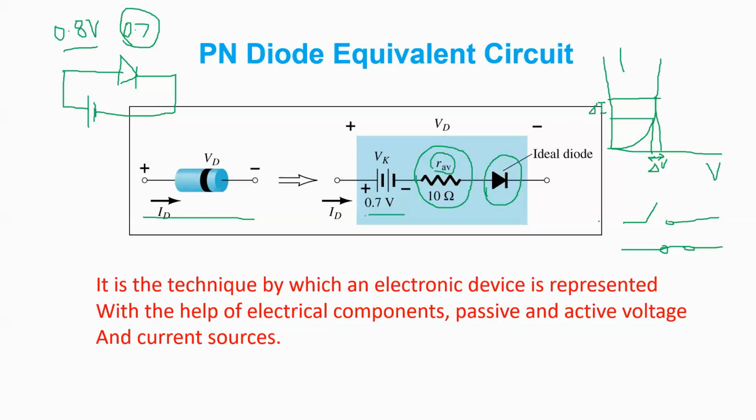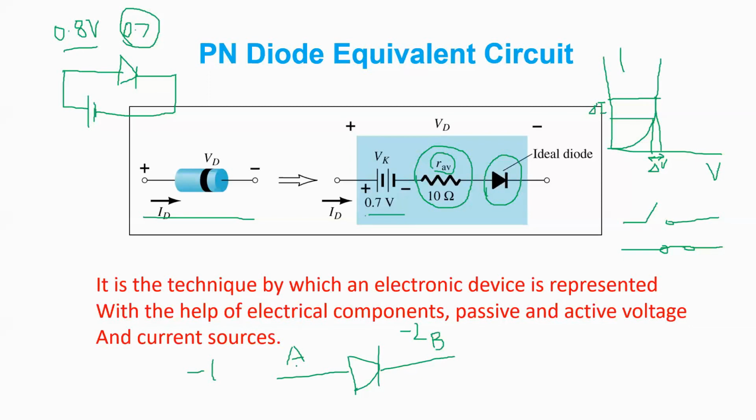There are certain things which I want to address right now. What do you mean by forward biasing? Suppose this is a diode; it has two terminals, positive and negative. The positive terminal we denote with terminal A, the negative terminal with terminal B. If the voltage at A is more positive compared to B, then we can say that the diode is forward biased. Suppose this is -1 volt, this is -2 volts. Again, this diode is forward biased.